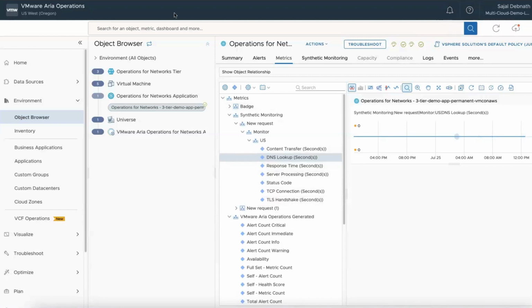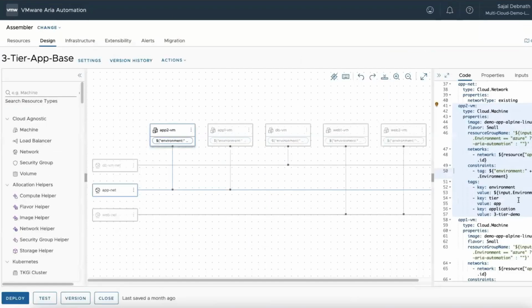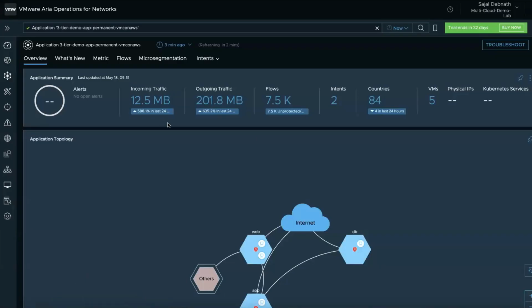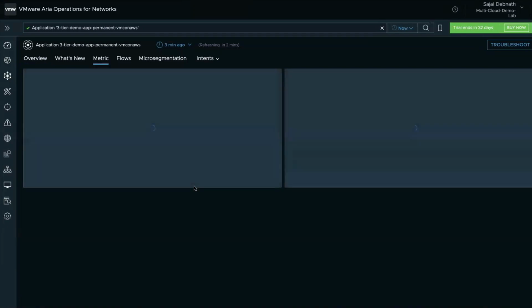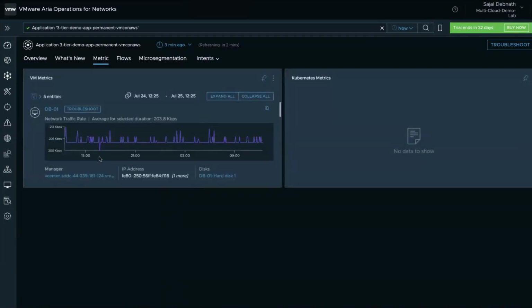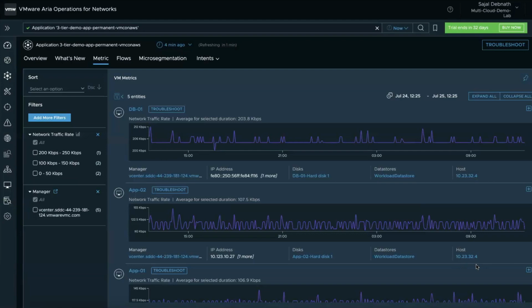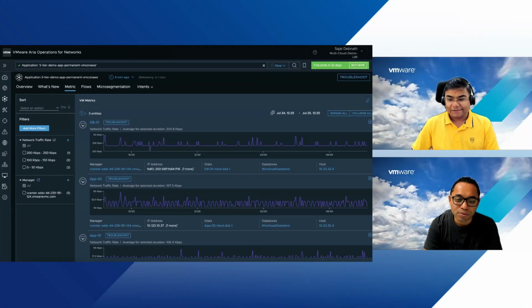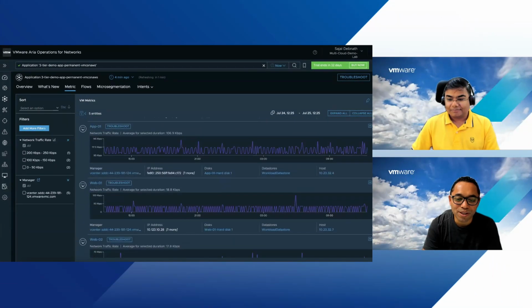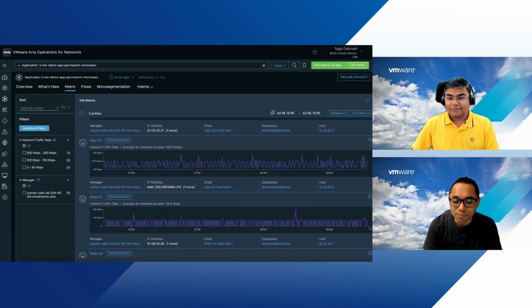That is the power of tagging. I said this is placement tags, and then this is post placement. These are the tags that I give to the VMs, discovered in Aria Operations for Networks, and then everything else in between. So this, to me, is a different level altogether. Yeah, like you said last time, you define once and use it many times in different products, right? Right. I like it. Excellent, man.